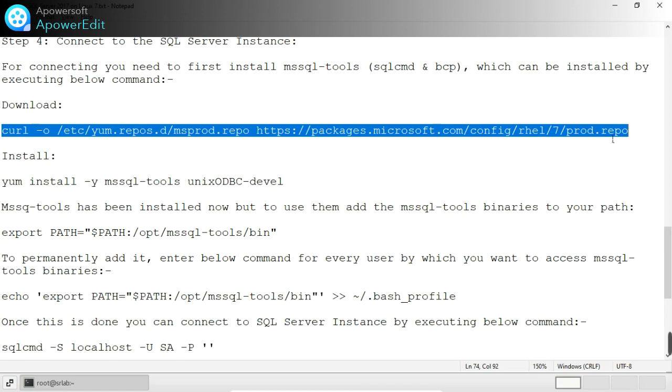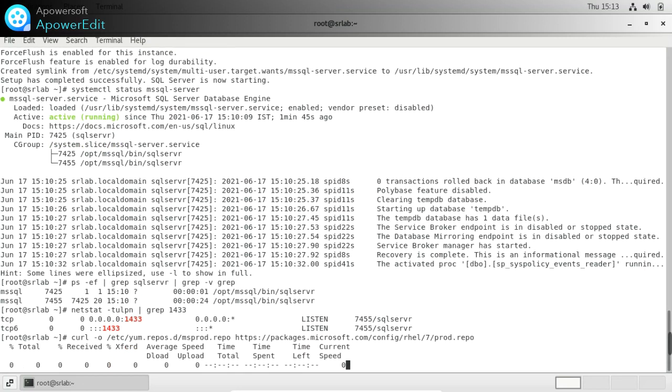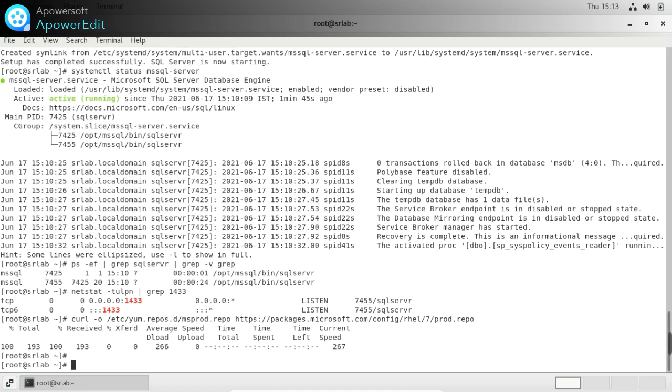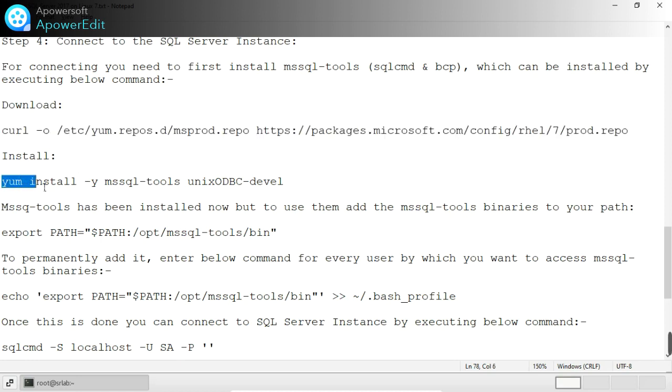So I'm going to execute this command. Alright, next install mssql-tools: yum install -y mssql-tools unixODBC-devel.